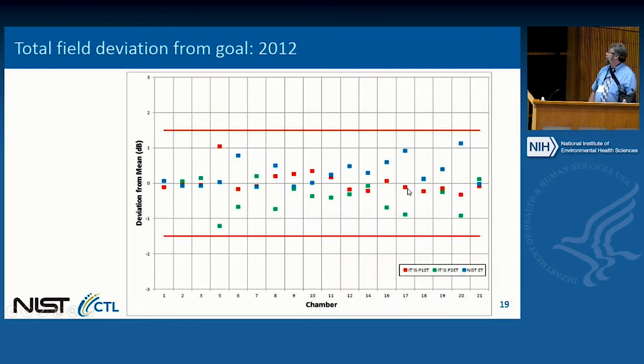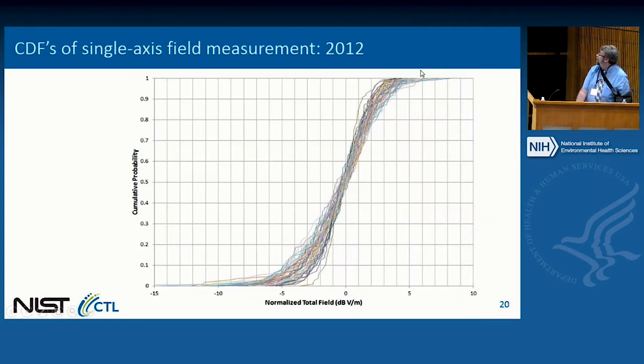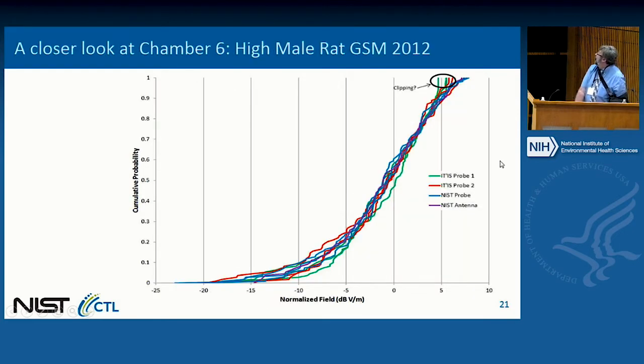If we look at total field, now everything does seem to line up within our 1.5 dB range. So these were the measurements that were taken after the pre-chronic and Thermopilots. We look at the CDFs. Now everything lines up pretty well, but we did take a close look at chamber 6 again,